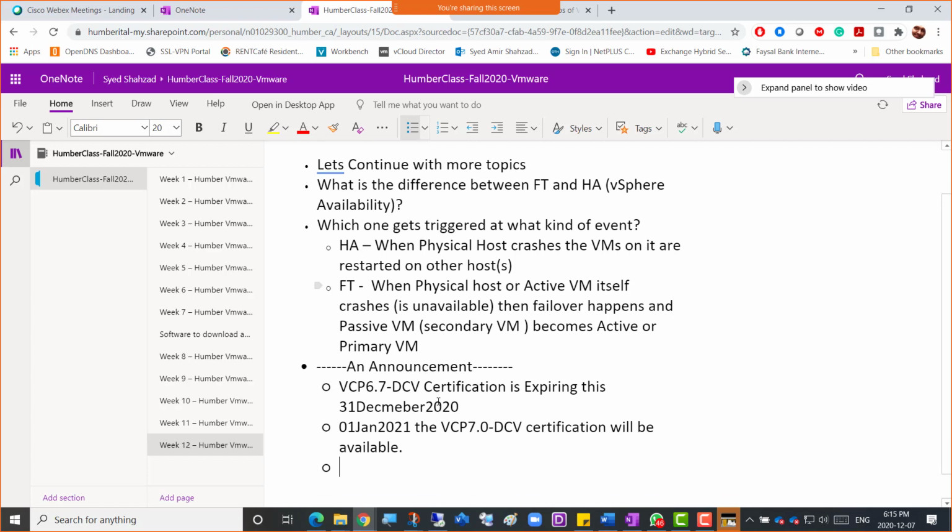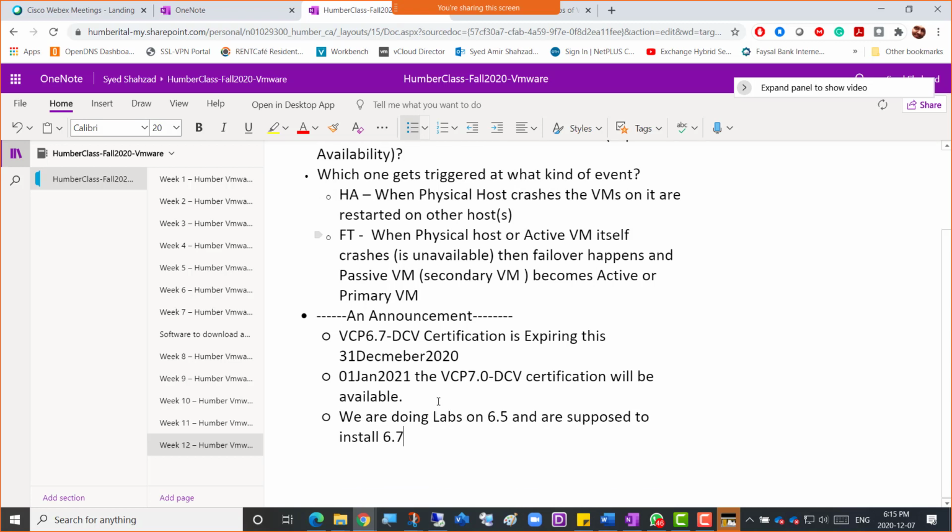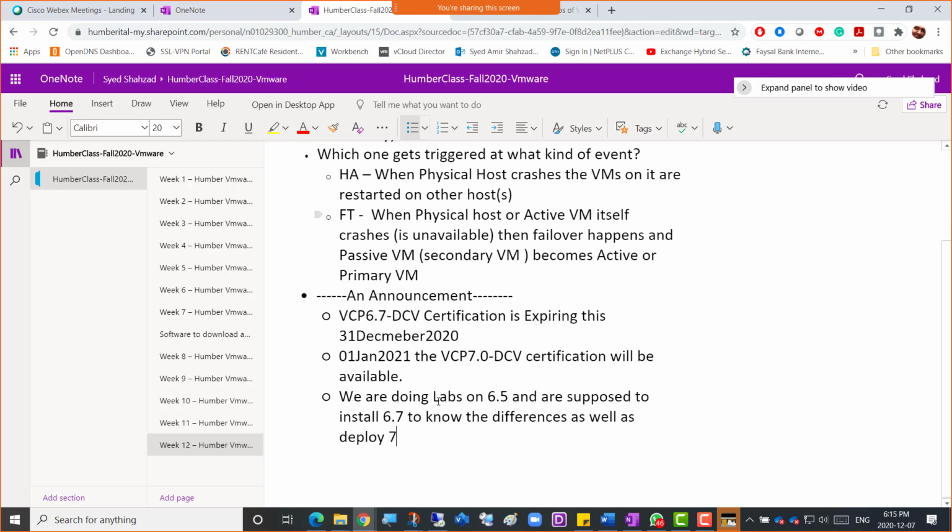So what we are doing is prep and labs on 6.5, and we are supposed to install 6.7 to know the differences, as well as deploy 7.0 and know any further differences, right?